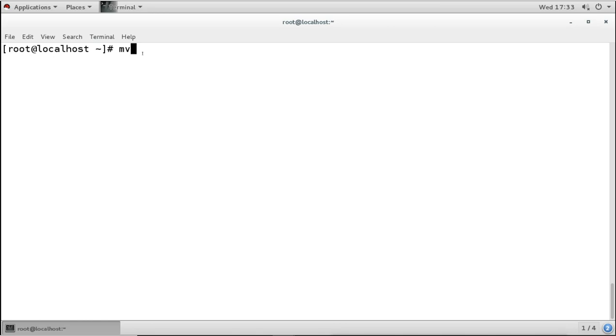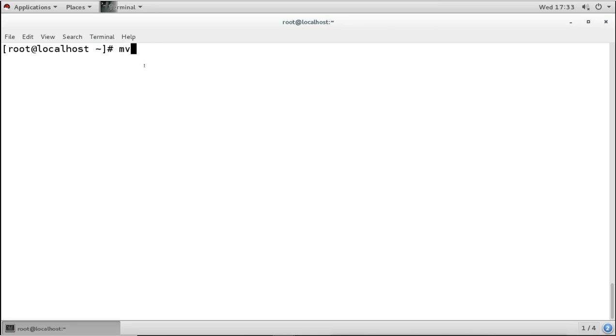We use the move command to rename any file or directory also. It is like copy. We can use copy for renaming, but copy will do what? It will create one more copy. But we don't want to create an extra copy. We just want to move. We just want to rename any file or directory. Then we use the move command. So in the command line, if you want to rename any file or directory, then we use the move command for it.